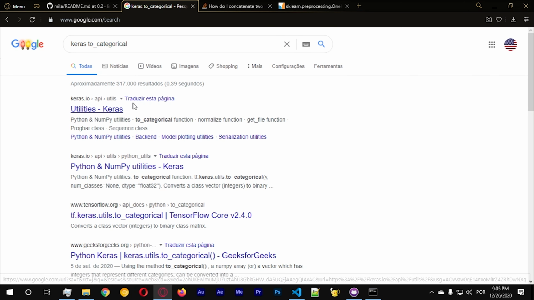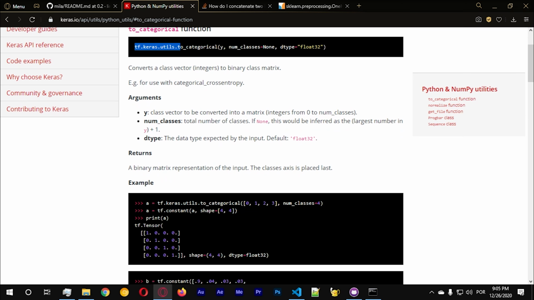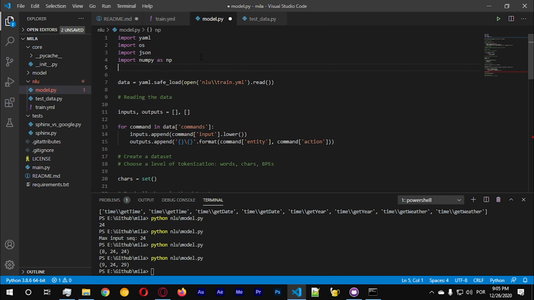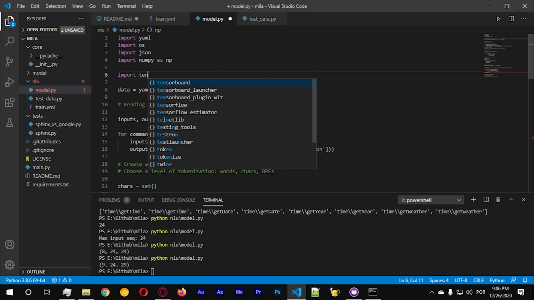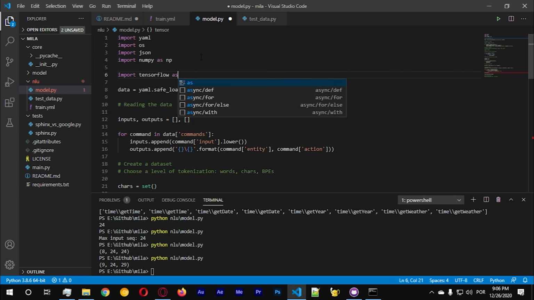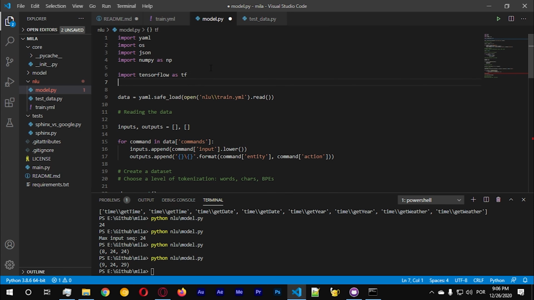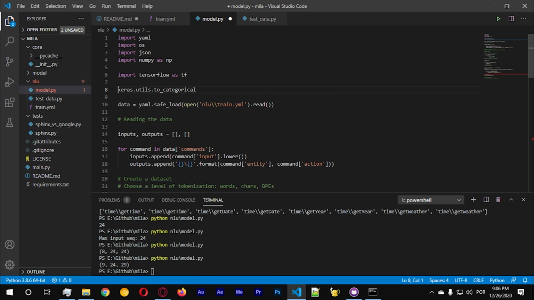Where is it? Okay, we got this function, and let's copy. Let's import here. Oh, I forgot to import the classes submodules. Import TensorFlow as tf. Nope. Let's from TensorFlow